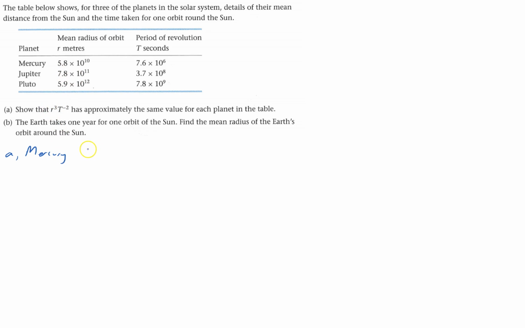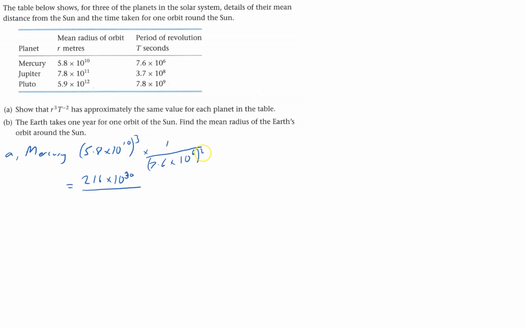r cubed, so I've got to do 5.8 times 10 to the power of 10 cubed, times T to the minus 2, so that is 1 over T squared, which is 7.6 times 10 to the power of 6 squared. And what's that equal? Well, call that 6. 6 cubed is 216 times 10 to the power of 30